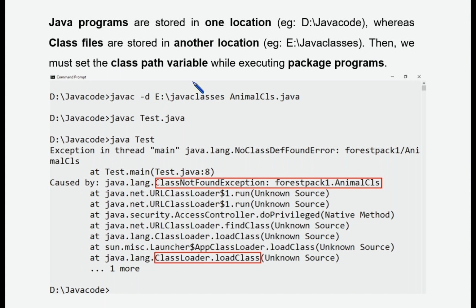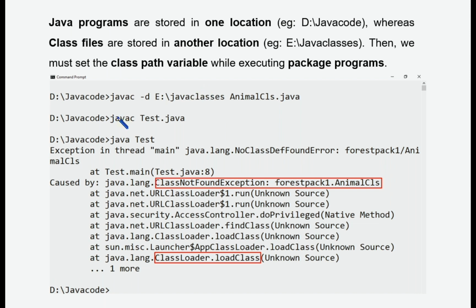Whatever classes I am compiling, the generated class files will be stored in another folder. So this animal class.java is stored in Java code, whereas animal class.class, which is part of forest pack, is going to be stored in this folder e:\Java classes.